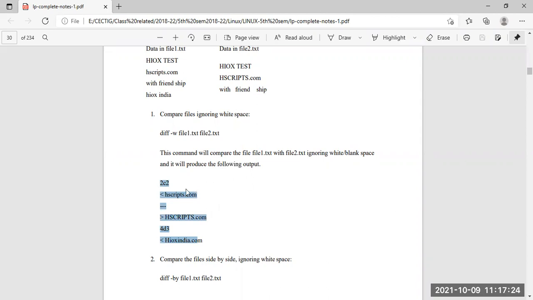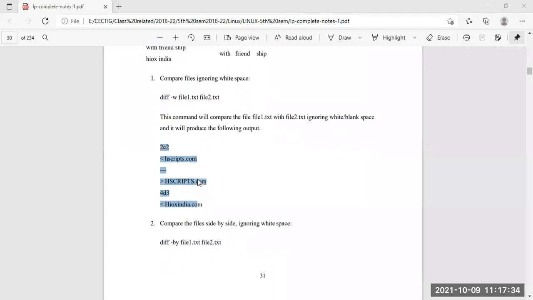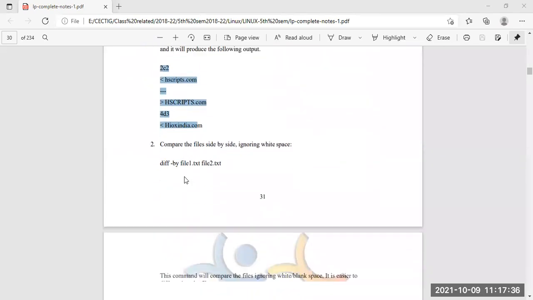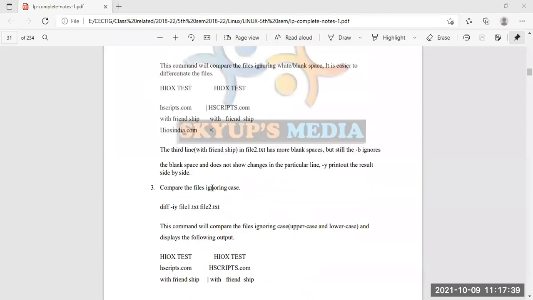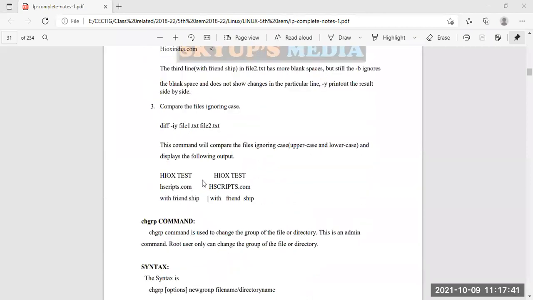We are going to discuss this example again in the practical part, while writing this command, so we can see the outputs and visualize the differences. The output of this diff command is a little bit tricky, so we are going to check it in the laboratory part to understand it much better.